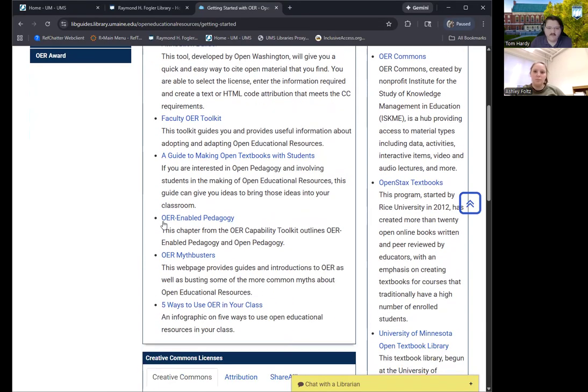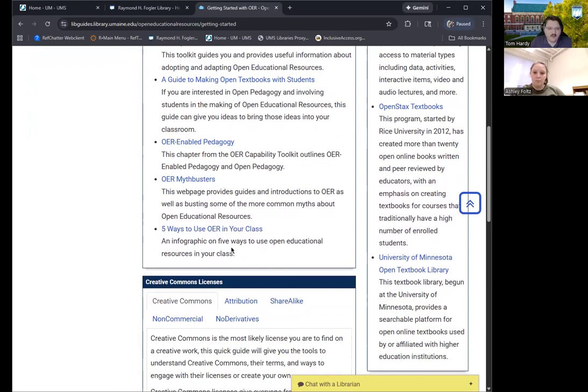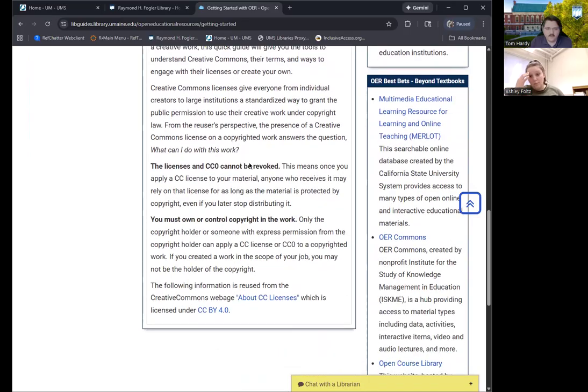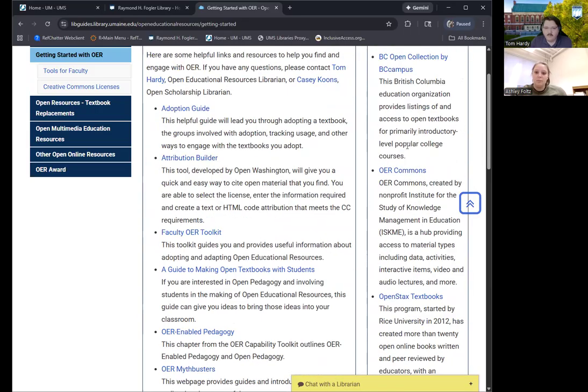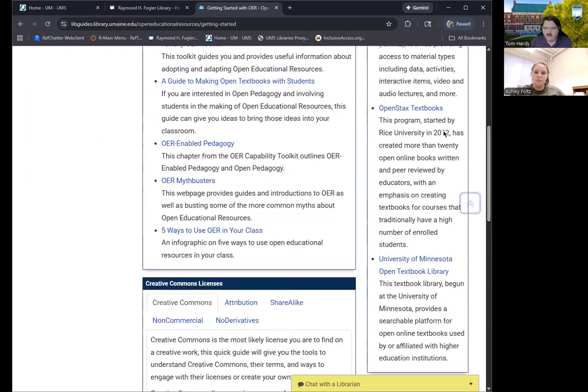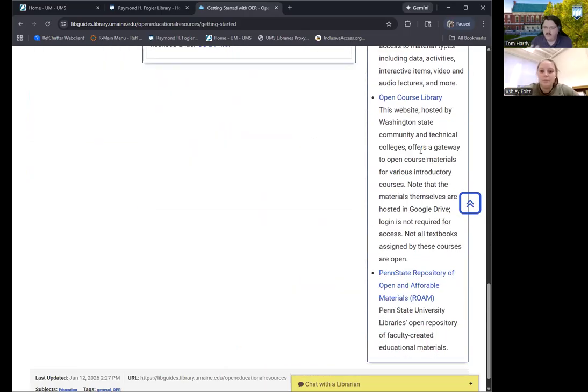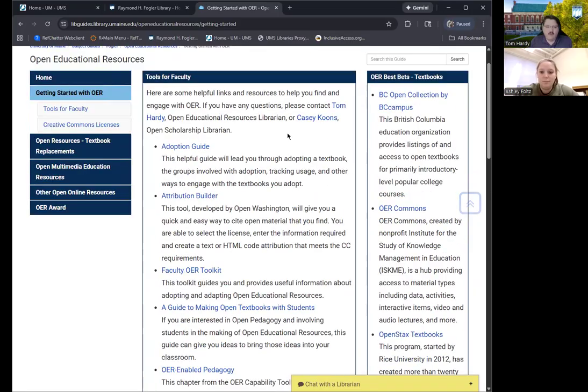Some toolkits: if you're interested in how you might engage with OER in your teaching, there's a couple of links for that as well, and some overview of the licenses. But this Best Bets corner is where I'm hoping to lead you to. If you're interested in replacing your textbook entirely, there are a couple of great places to start. OpenStax is one of